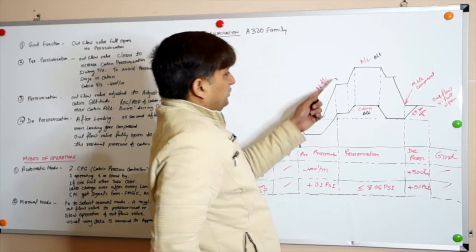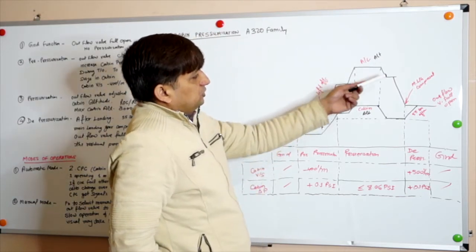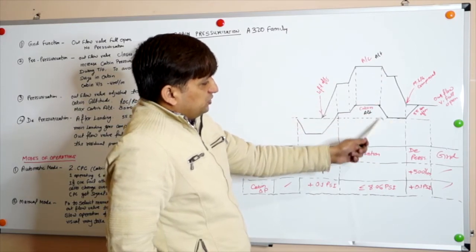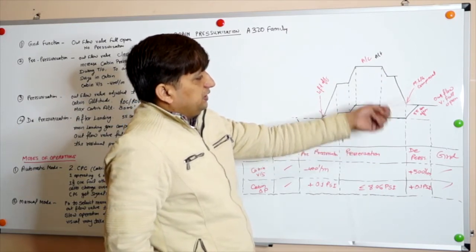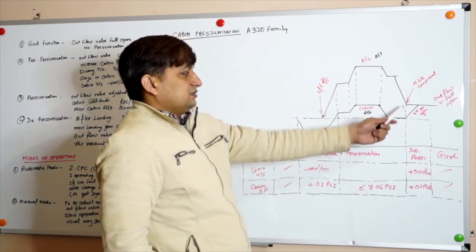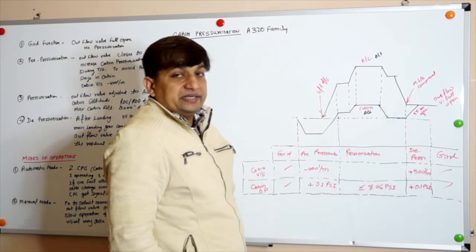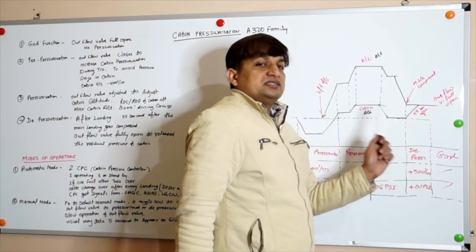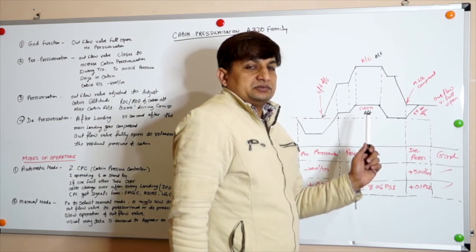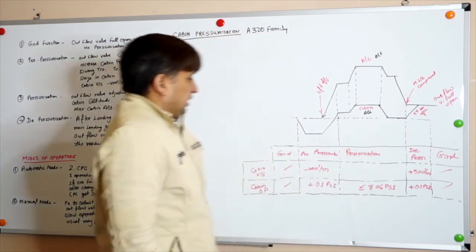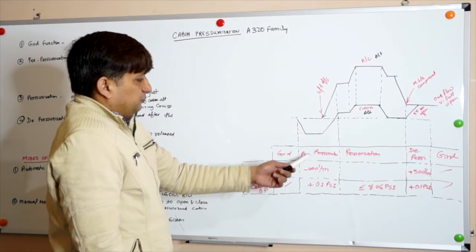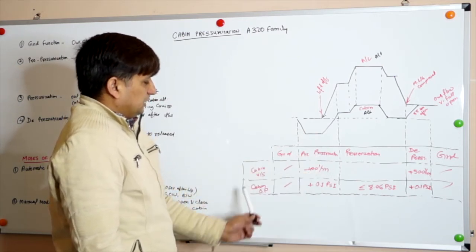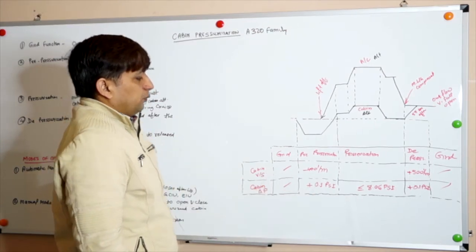After liftoff, it reaches the cruising level, and when it starts descent, the cabin also starts descent. When the landing gear is compressed, after 55 seconds the outflow valve will be fully open to release the residual pressure. And you can see that in case of depressurization, the cabin rate will be minus 400 feet per minute, and delta pressure will be 0.1 psi.